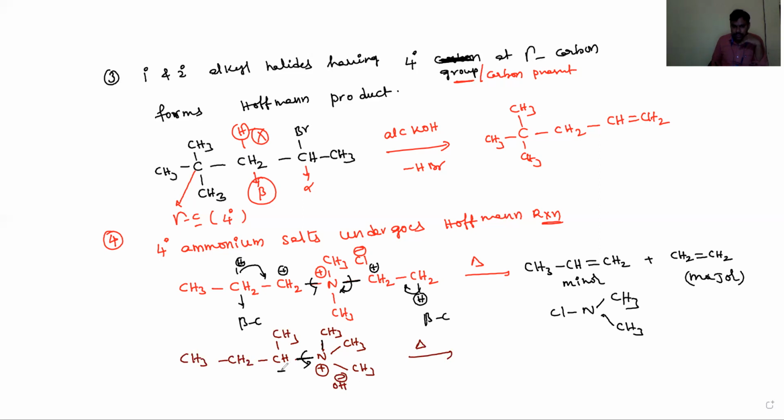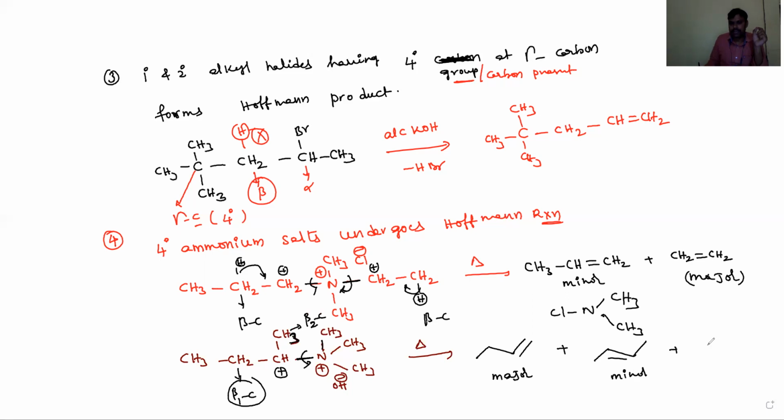After breaking this group, it produces a secondary carbocation, and here one is the beta 1 carbon and here the beta 2 carbon is present. If the hydrogen atom on this beta 2 carbon is lost, it produces but1ene. If the hydrogen on this beta 1 carbon is lost, it can form but2ene. But the less substituted alkene is the major product according to the Hoffman rule. So but1ene is the major product and but2ene is the minor product.